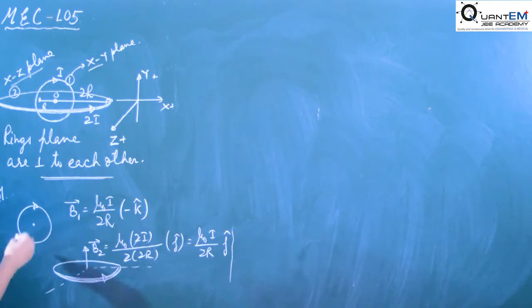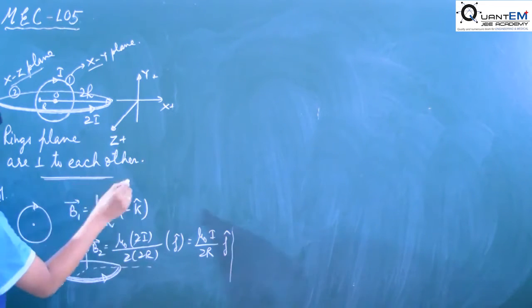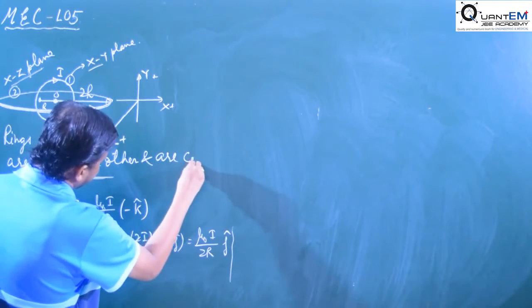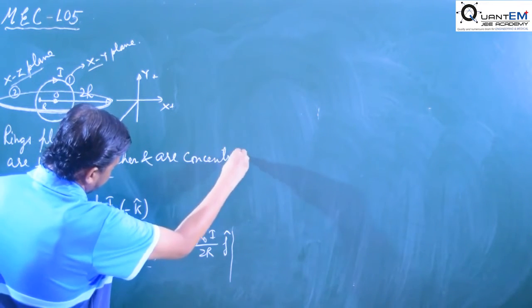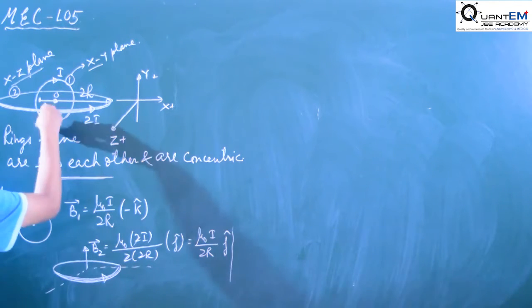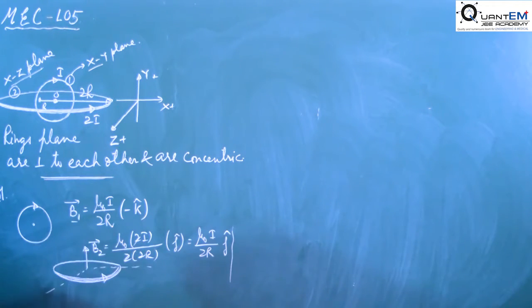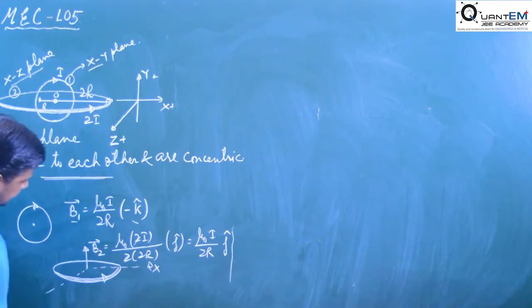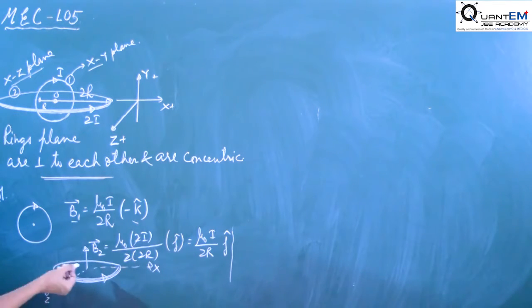These are concentric rings, planes are perpendicular to each other and they are concentric also. We have to get magnetic field intensity at the center. So for the first part we get magnetic field in the vector form. Outside the plane of paper we have positive z coordinate, inside it will be negative, that's why we have taken minus k cap. Similarly we get the magnetic field intensity for this ring. This one is in the xz plane, this coordinate is x, this one is z, upper is positive y and the lower is negative y. Current is in this direction.